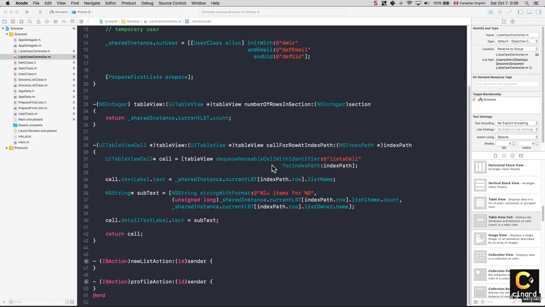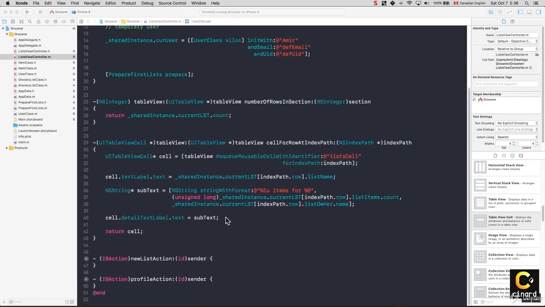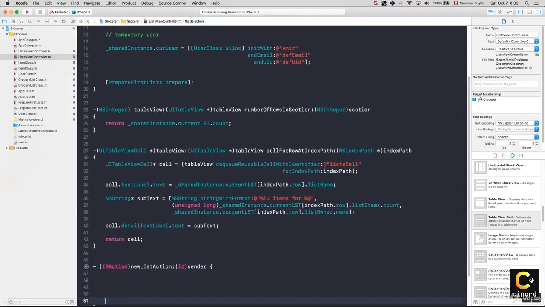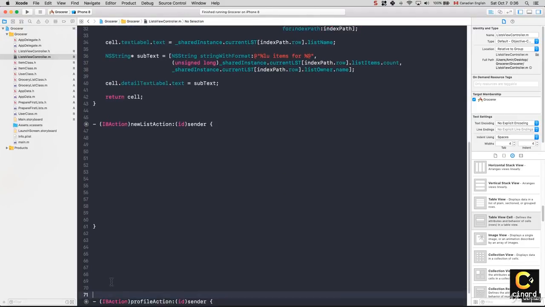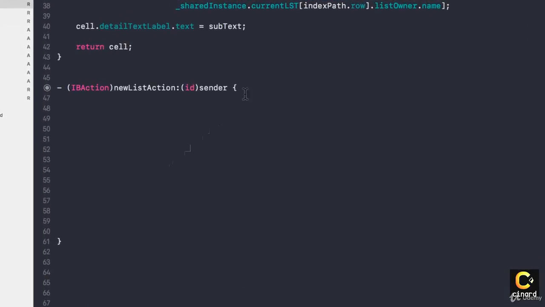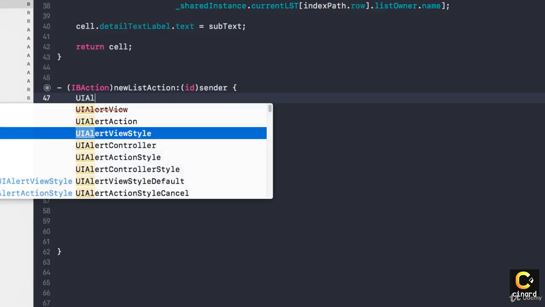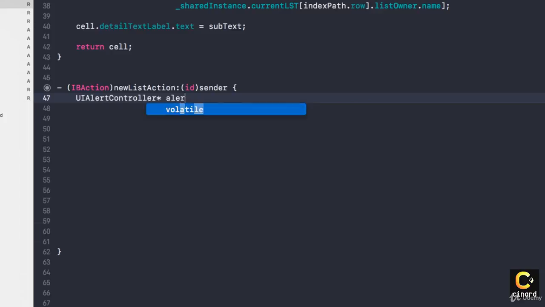So welcome back. In this lesson, what we want to be doing is adding a new list to our table view. To do that, I'm going to go up to this method that we added a while back, new list action. Let me get myself a little bit better space in here. The first thing is I want to show an alert view controller that is going to ask us for a new list. So UIAlertController, and that controller I'm going to call alert,